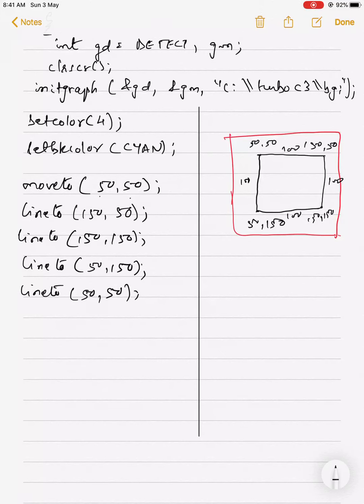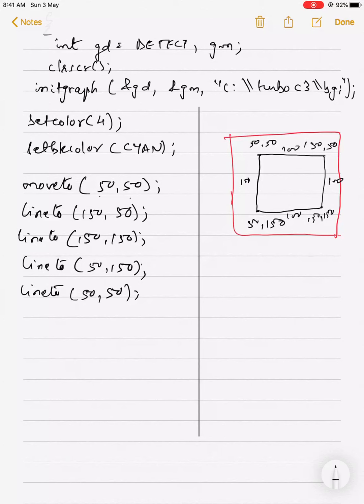The same thing you can also do with line relative, linerel. How to do that, try yourself, no issue, but just remember one thing, it will add up. The coordinates will be added up because it will check the relative distance between the two points. And if you want to draw a horizontal line on the same axis, then the y value will remain 0 because it will add to the previous position from moveto. I hope it is clear. Just try. If you are facing any doubt, just let me know.